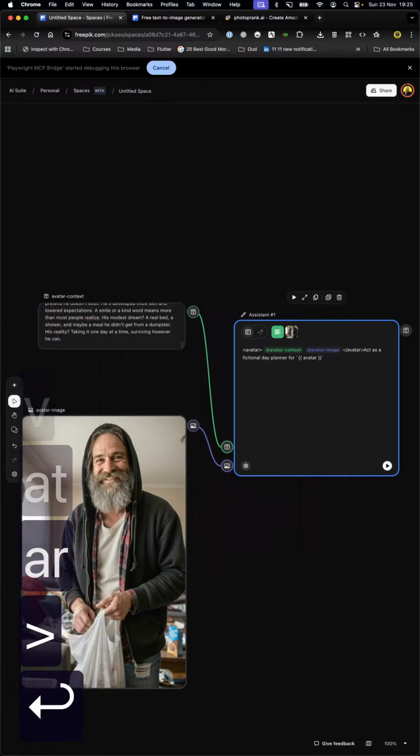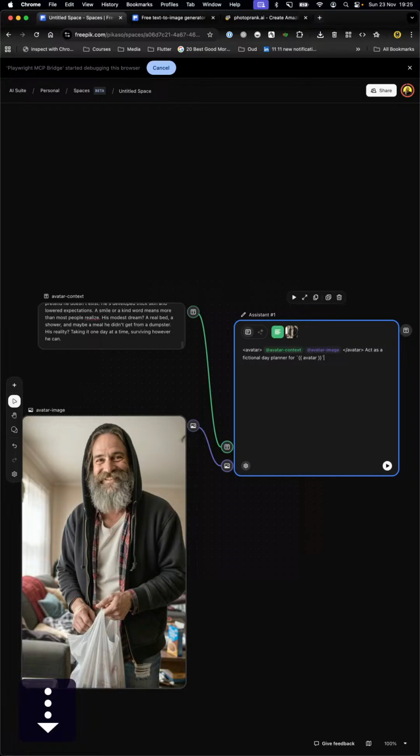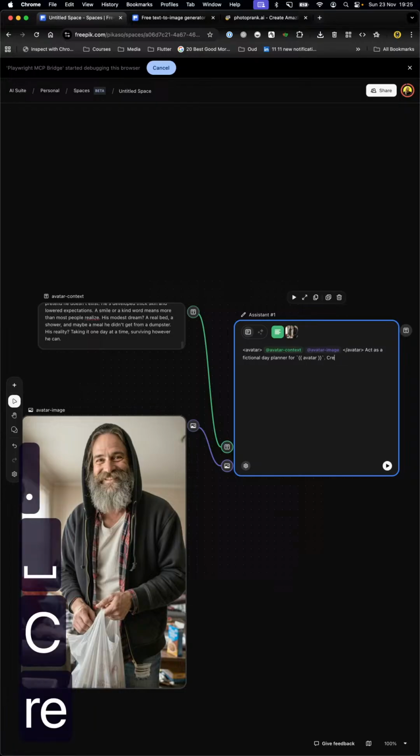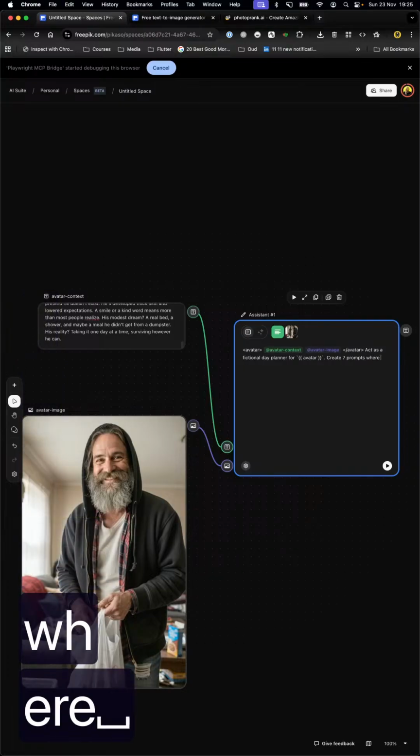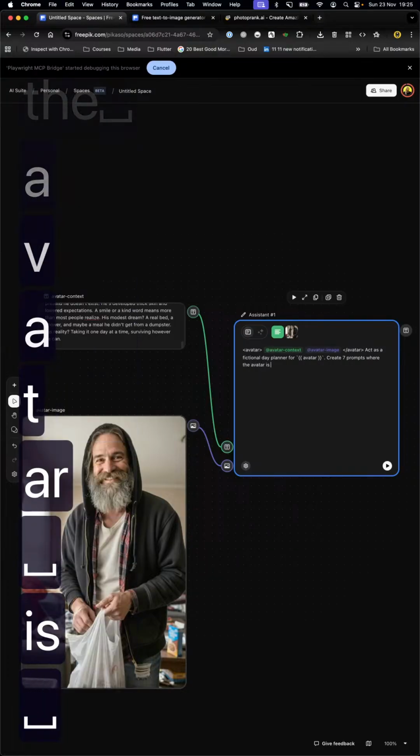Avatar, act as a fictional day planner for avatar. Create 7 prompts where the avatar is